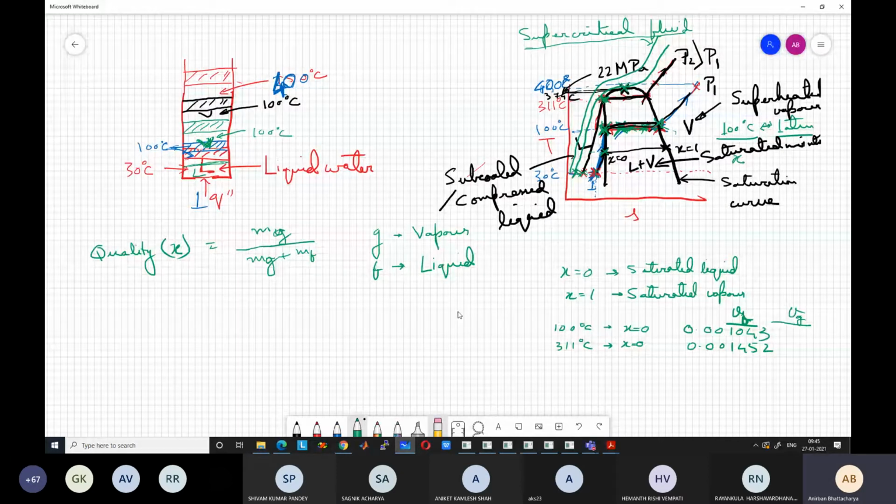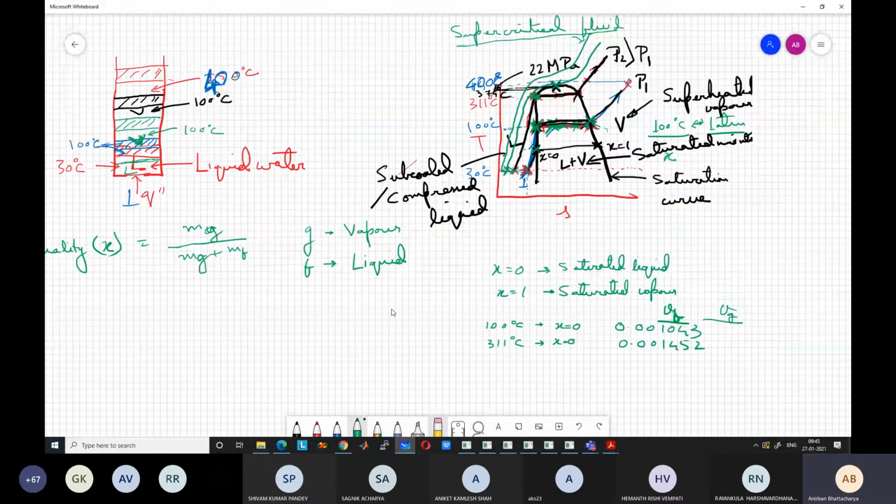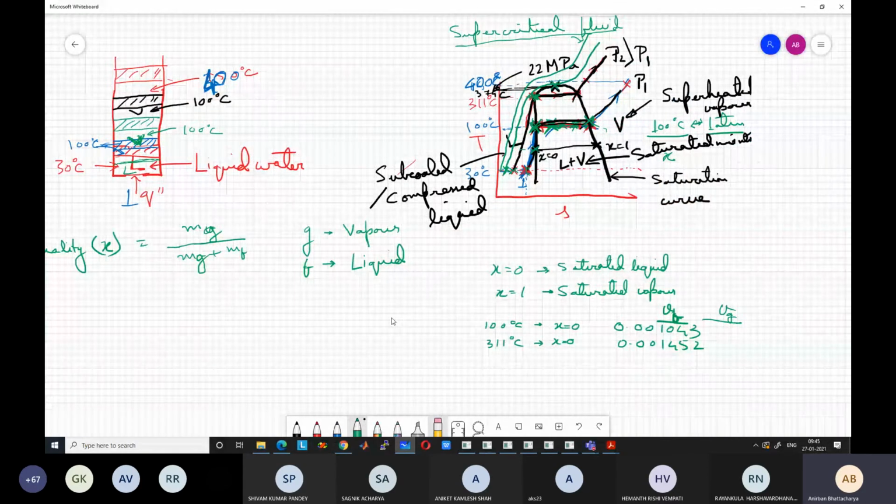So the molecules can move more freely. Because of lower pressure, the molecules can move more freely. The specific volume will be higher, and the entropy is actually higher for lower temperature. Even though its quality is just 1, x equal to 1. So this is for x equal to 1.